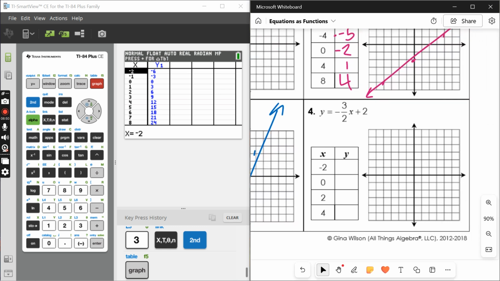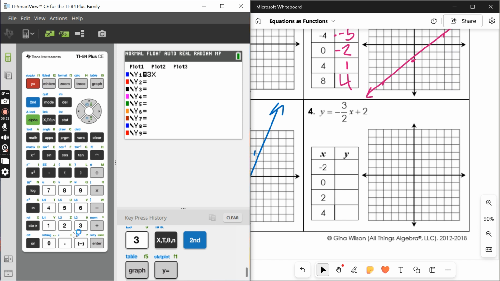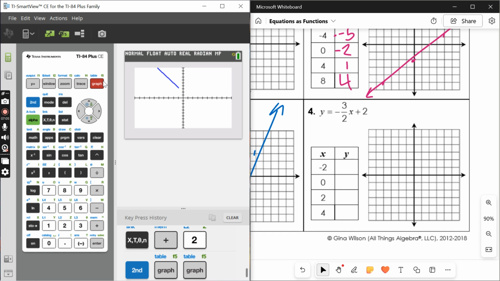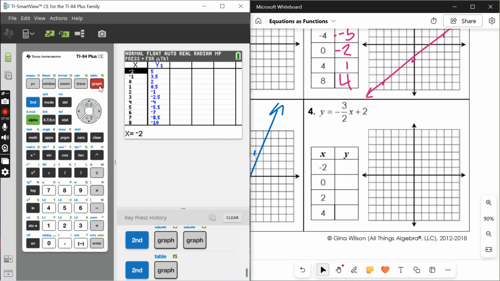Going over to the next one, same thing. Y equals, I'm going to do -3 divided by 2, x plus 2. Second graph. Oh, I didn't hit second, sorry. Second graph. Okay, so this one says -2,